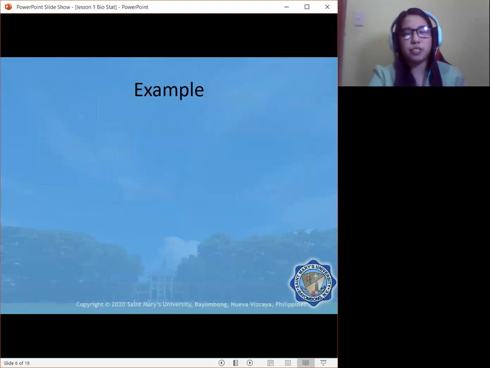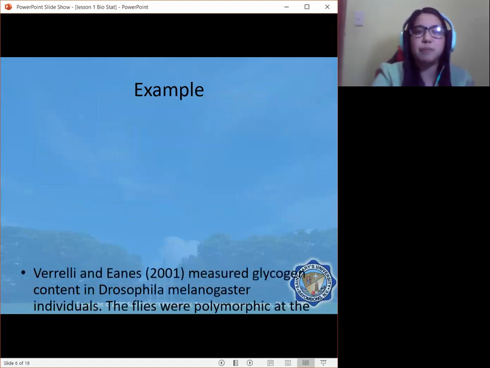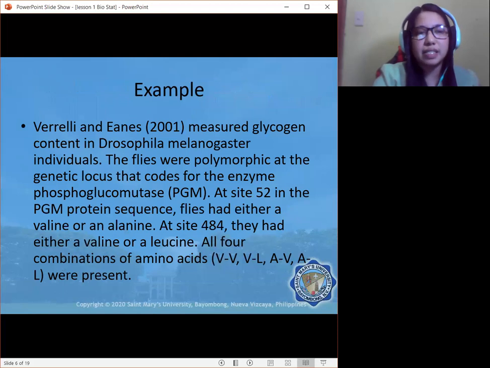Okay, so let's have also an example presented by the same author. This is from Verelli and Ernst in 2001. They measured glycogen content in Drosophila melanogaster individuals. The flies were polymorphic at the genetic locus that codes for the enzyme